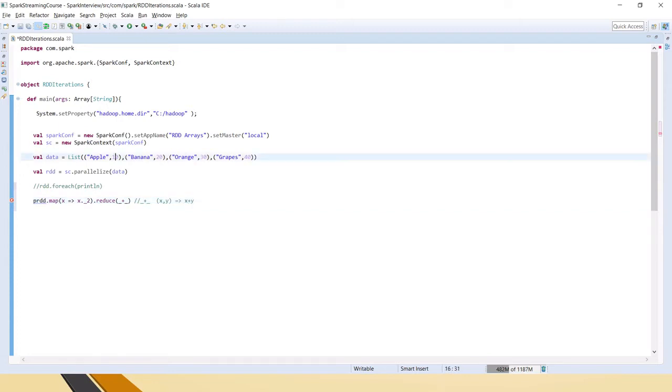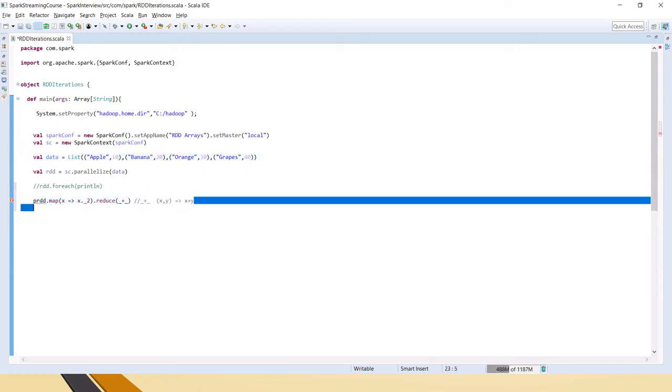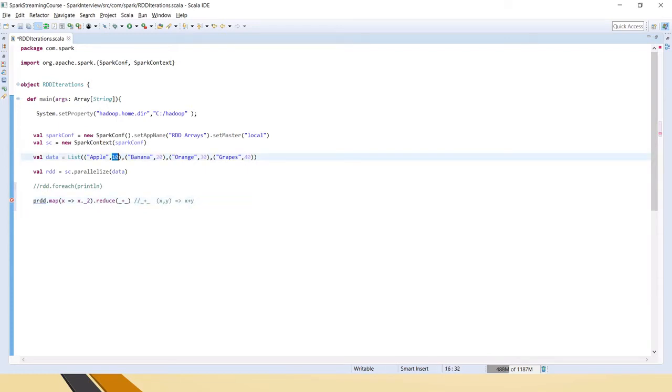Every time you will have the current and previous element, so it adds up everything, current and previous, then the result becomes the new current and previous. Because it's a list, it will count everything. That is the meaning of this.